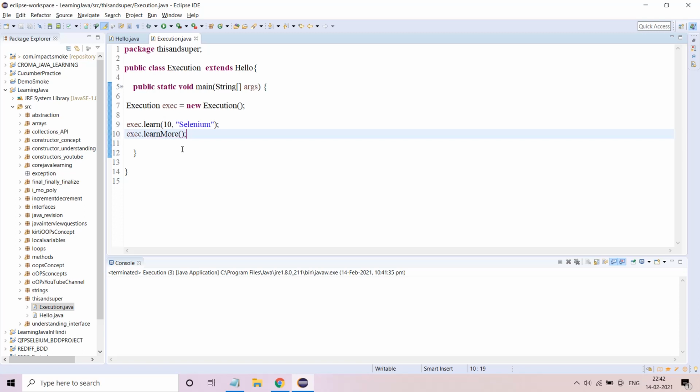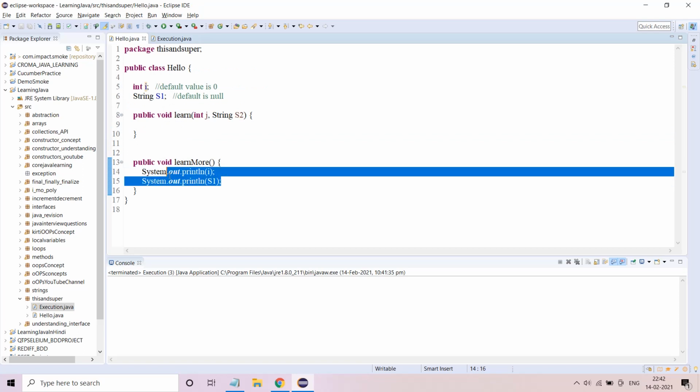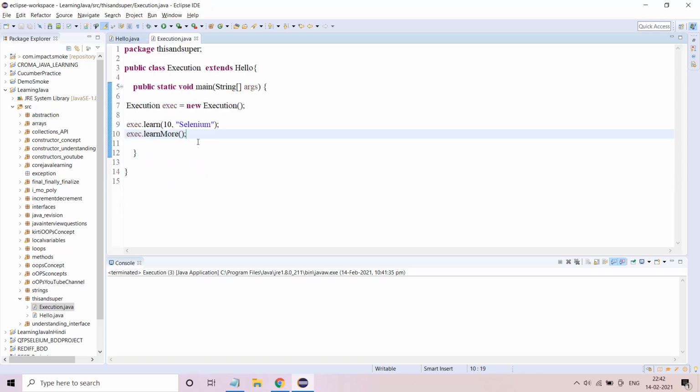So now if I try to execute this program, that is I here, s1 here, what will be the output? You will think that the output will be 10 and selenium. No, the output will be 0 and null. So let me run this. See, the output is 0 and null because when this gets executed,